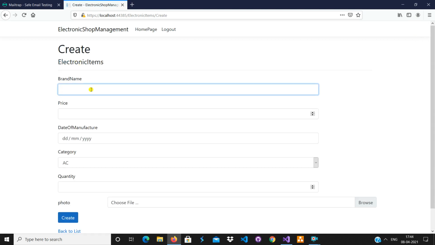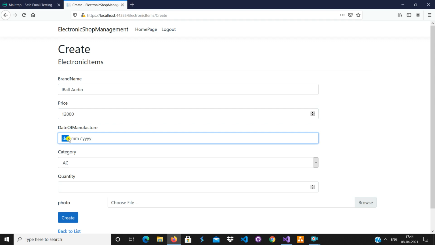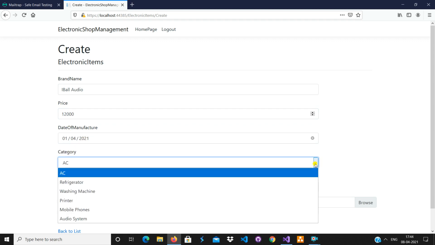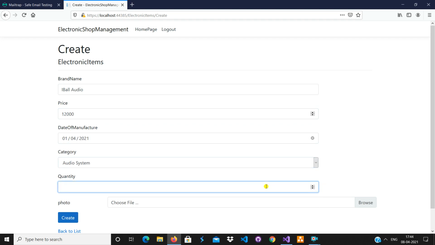Now I'm also adding an eyeball audio system. Let the price of that be 12,000. It's slightly expensive, but eyeball is a good company. Now let me quickly add the quantity also, let's say 50.